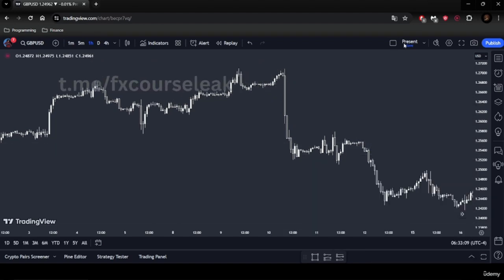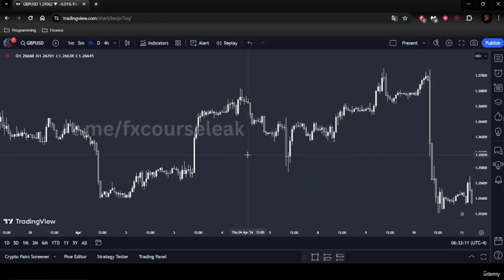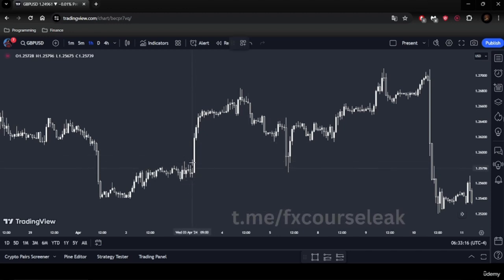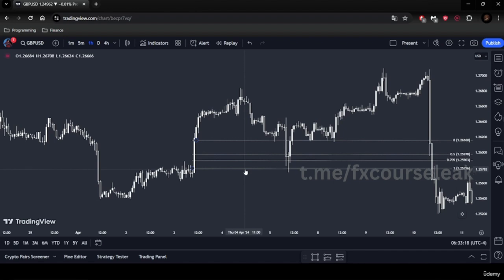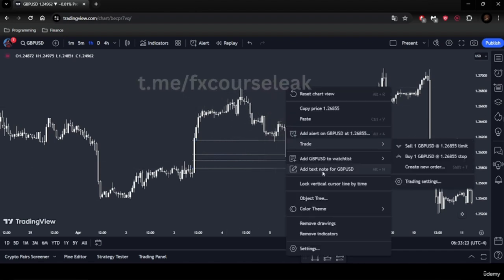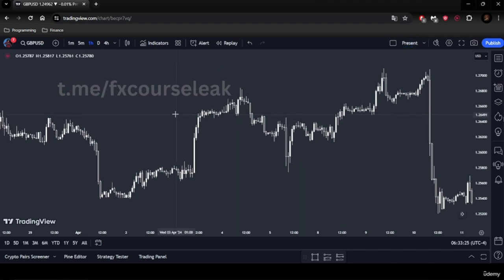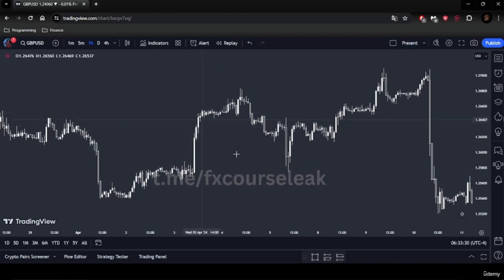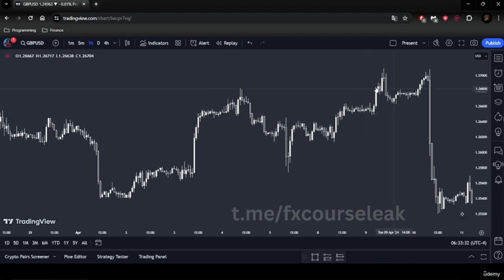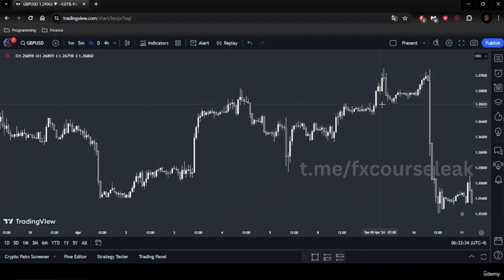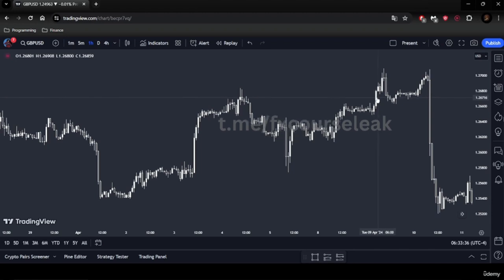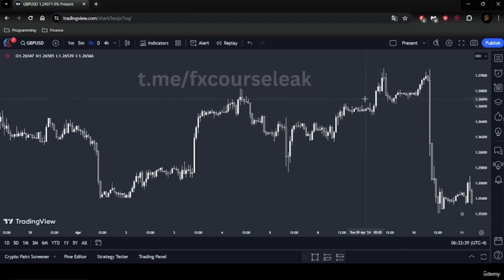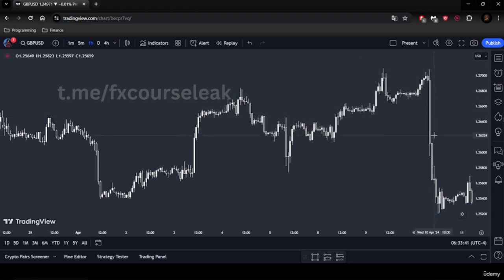Okay, so fair value gaps are basically like support and resistance. Okay, they're basically real support and resistance, and mixed with premium discount, we use fair value gaps that way. Okay, so we want to use fair value gaps that are in a discount on a buy side and in a premium when sell. Okay, so basically here there's a fair value gap, from here to here, fair value gap, we go, but we never went higher.